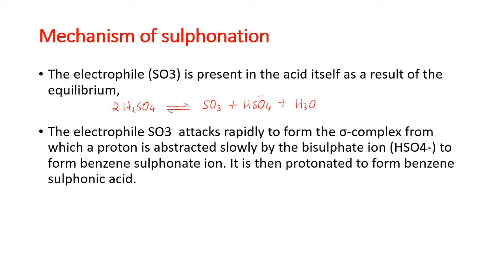And the electrophile SO3 attacks rapidly to form the sigma complex, from which a proton is abstracted slowly by the bisulfate ion to form benzene sulfonate ion, and benzene sulfonate ion is then protonated to form benzene sulfonic acid. So sulfur trioxide,